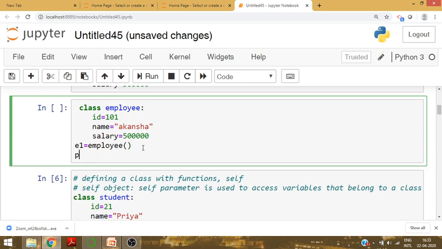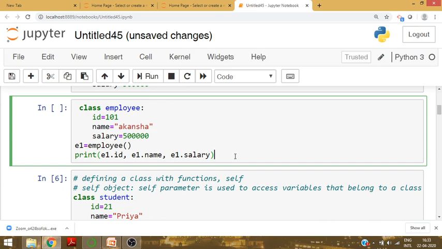Now I want to print the values of ID, name and salary. How to print or how to access? We can access those data members by using objects. The object is E1, so we can write E1 dot ID, E1 dot name, E1 dot salary.